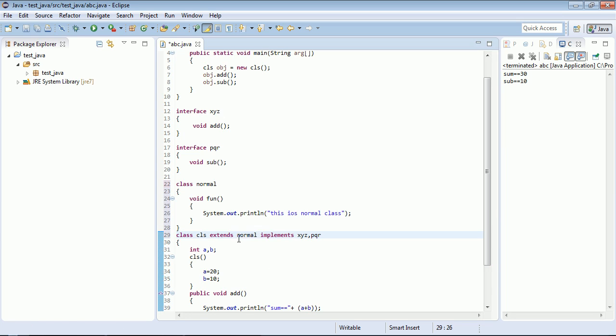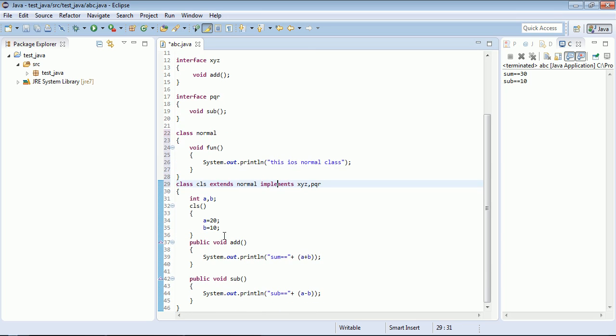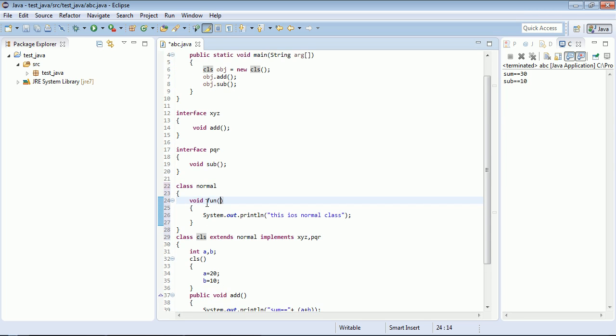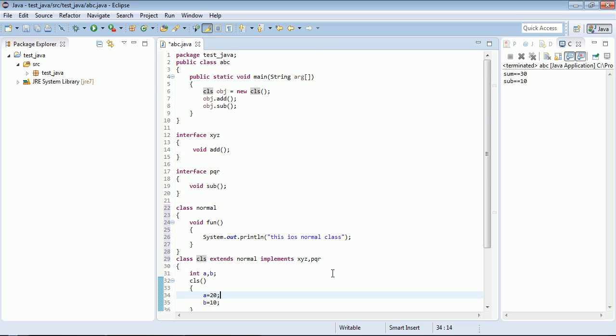So I will write the extend first, then I will implement those interfaces in the CLS. So we can access the fun method with the object of the CLS class. So this is the way by which we can implement the interface and extend any normal class to our base class. And this is also an example of multiple inheritance here. Okay,